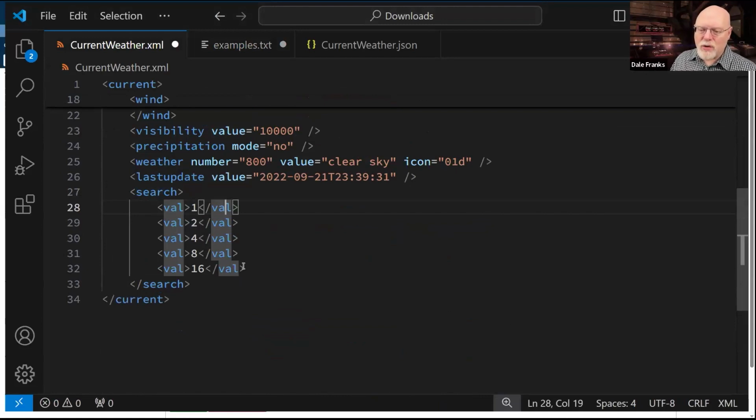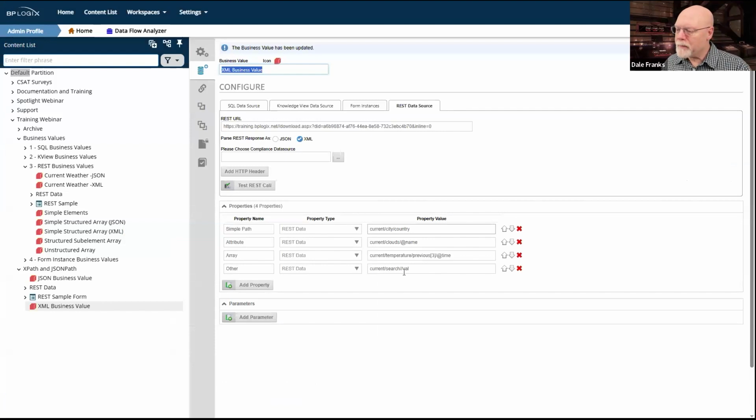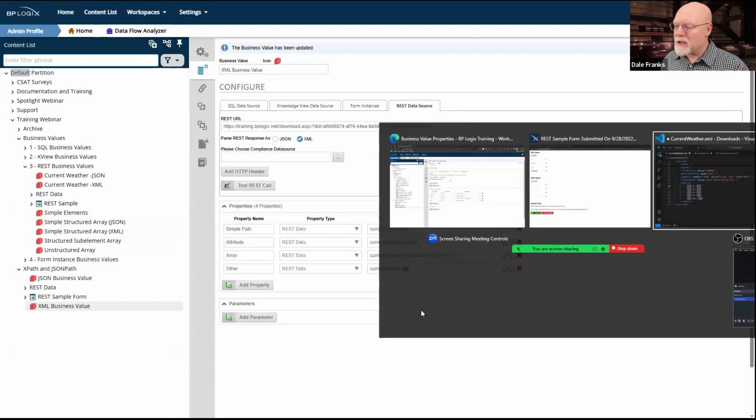And so I can just return everything in, and this is essentially an array. So I can return everything in the search array simply by using the slash to grab all of the val fields because they only contain a single item. So I can search for basically everything inside current. I can search for everything in an array, or I can do as I did with the previous slash time.